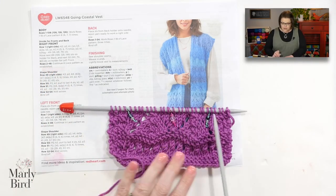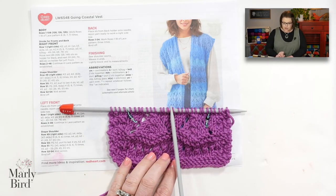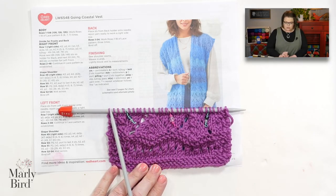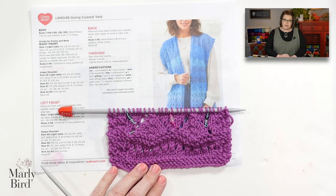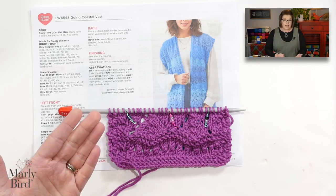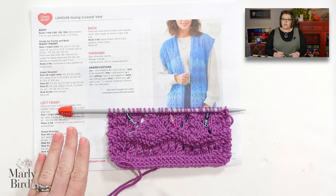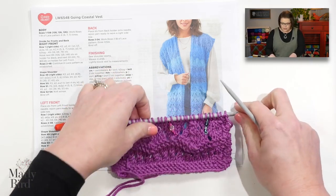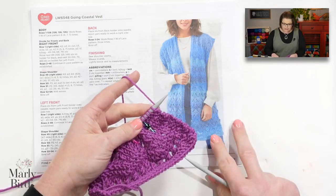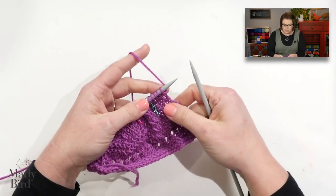So what I'm going to do here is I'm just going to work a stitch pattern across to this marker. And then we're going to simulate putting these stitches on a holder so that way you can see how it's done, all right? Obviously, you would have to follow along with the instructions as they're written for your size, but this gives you a pretty good idea of how this would work up, okay? So I'm going to follow along as closely as I can. Let's pick up our work, and this would be a row 1 of the right front. I'm going to move this up, follow along with your instructions as well so that you can see what we're